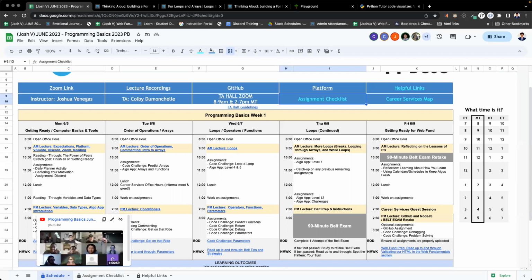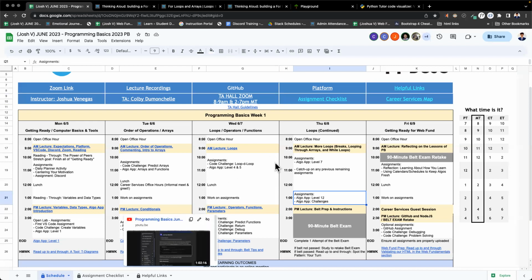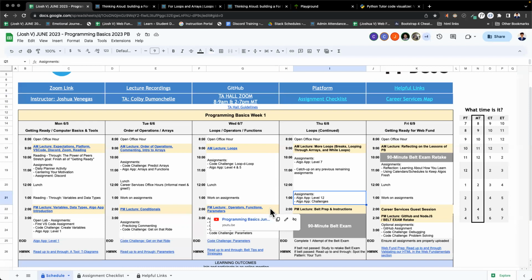Okay, so I will be checking in your rooms to make sure we're doing all right, and that we're understanding any Algo App challenges that we are struggling with. So don't be shy to ask, hey, I don't get it. I know you explained it so many times, but still, it's all right. That's what I'm here for. Let's figure out what you're not understanding as far as variables, if statements, else statements, for loops, functions, returns, and